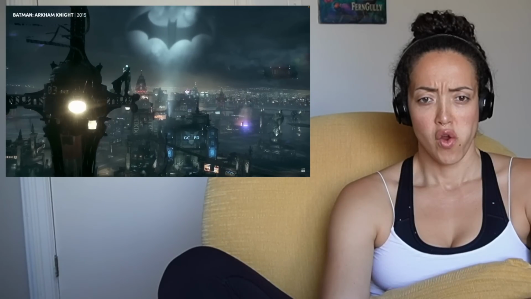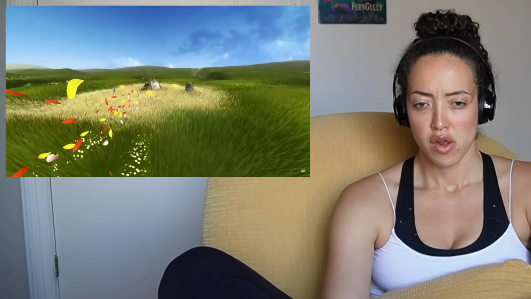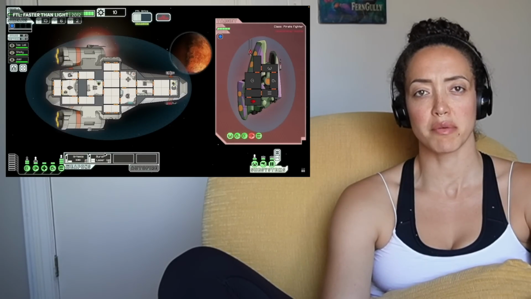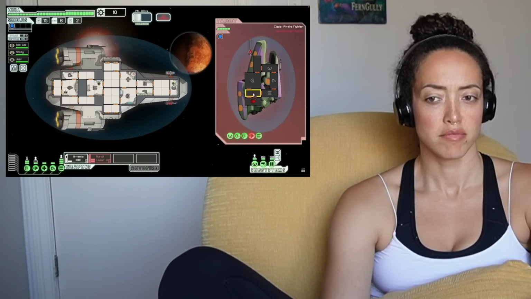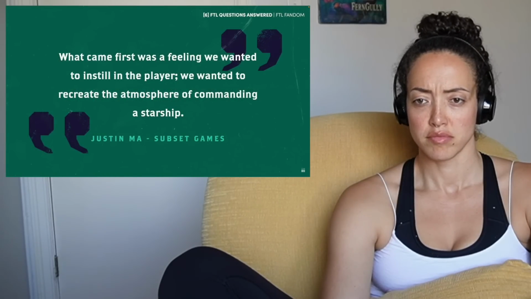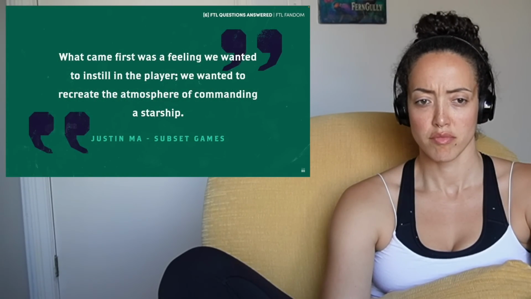The vision could also be a fantasy that you're trying to deliver. Perhaps you want the player to feel like Batman, or an assassin, or a world leader. It could be a feeling, like how Flower tried to make you feel relaxed. It could be a specific experience. When making FTL, the devs said their starting point was "we wanted to recreate the atmosphere of commanding a